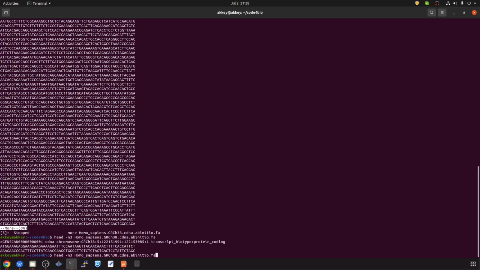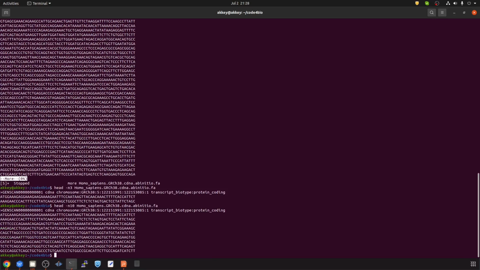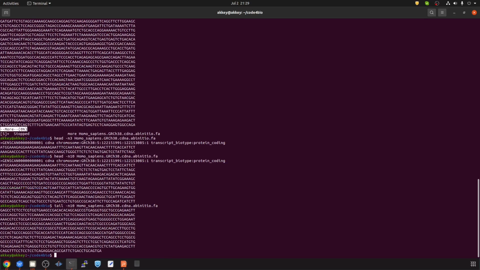And if you use head -n 10, it gives the first 10 lines. And if you use the tail command, tail -n 10, you get the last 10 lines. You can see, with the tail command, it gives the last 10 lines. Okay,